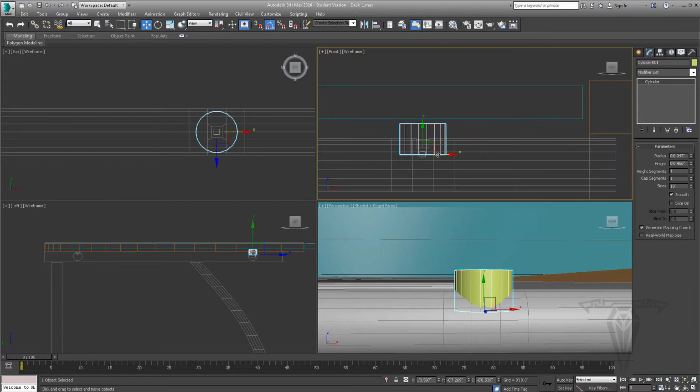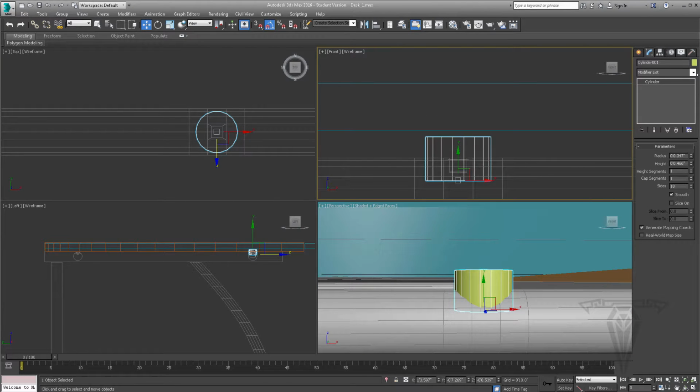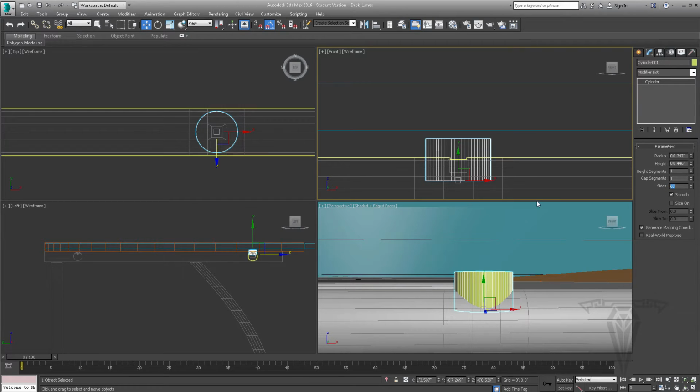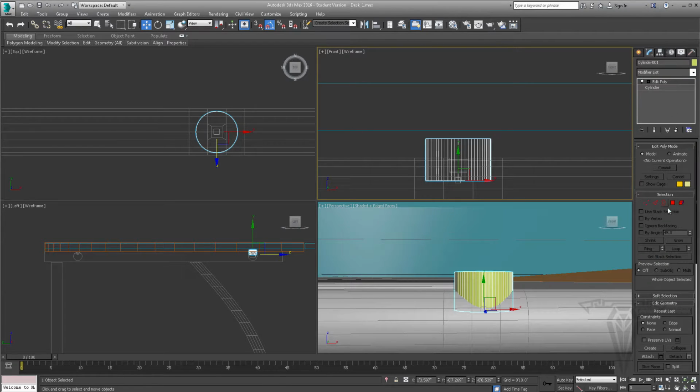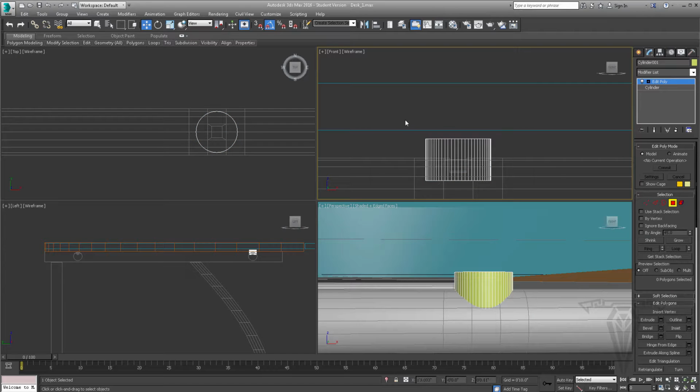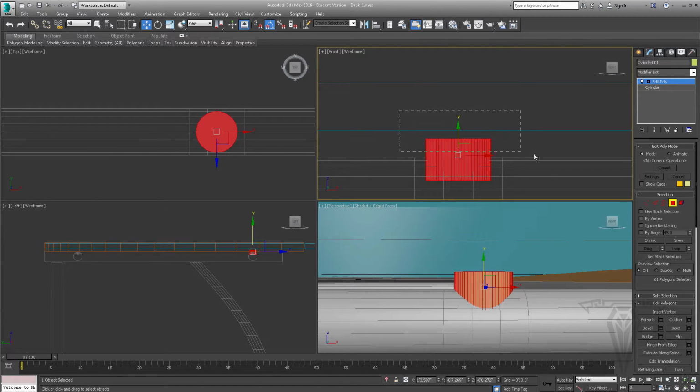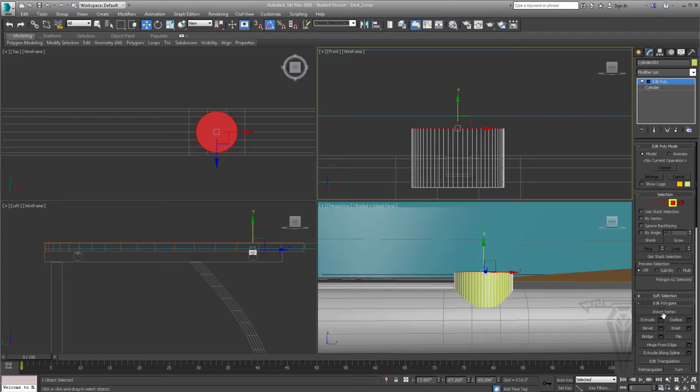And let's go to the front view. Actually, let's just decrease the height a little bit more. Probably about there. It has 18 sides, I'm going to bring this up to 60 to be smooth when I extrude this. Let's go into the edit poly modifier. We're going to go to polygon mode and we want to select the top polygon up here. Now if you notice, if I drag select, I grab both the top one and the sides. I can hold down Alt and deselect the sides. So now I'm going to go extrude,